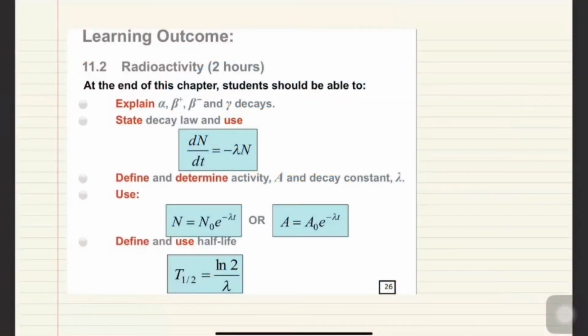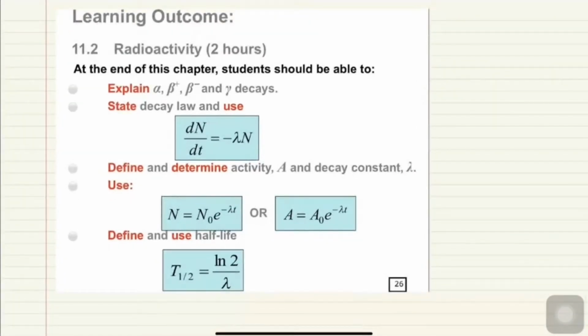Okay, 11.2 is radioactivity. In this chapter, you need to understand a few things. Number one, you need to be able to explain decays. There are 4 types of decays: alpha, beta plus, beta minus, and gamma decays. And then you need to be able to do some calculations that involve these 4 formulas. Actually, there is another formula, it's not given inside here. Okay, anyway,